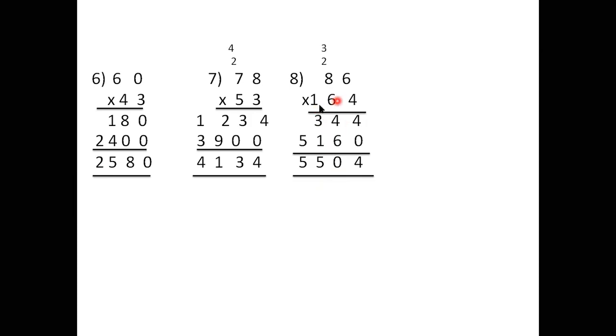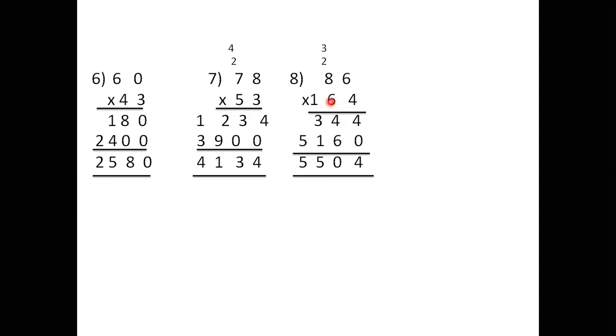Same way here, 86 you have to multiply by 64. 86 into 64. So now the same way you have to multiply here. 4 6s are 24, and 4 8s are 32, plus 2 you have to add, 34 you will get. Then again what you have to do, 86 into 6 you have to multiply. So here in the ones column you have to place 0, then 6 6s are 36. So 3 you have to carry here and 6 you have to write in the tens place.